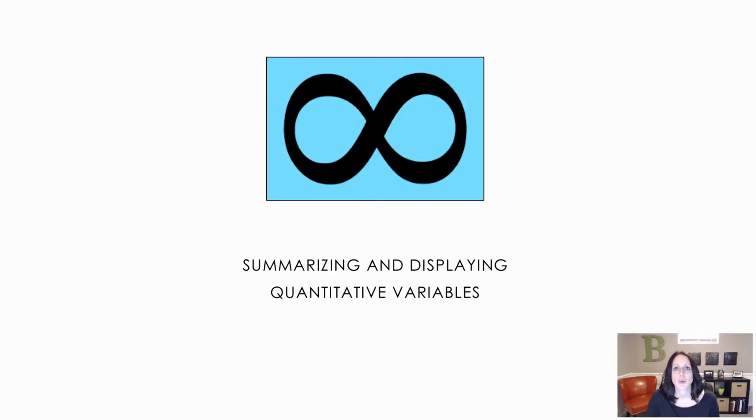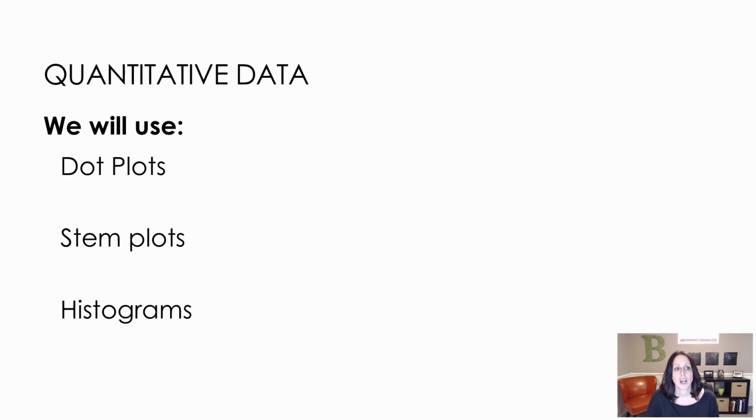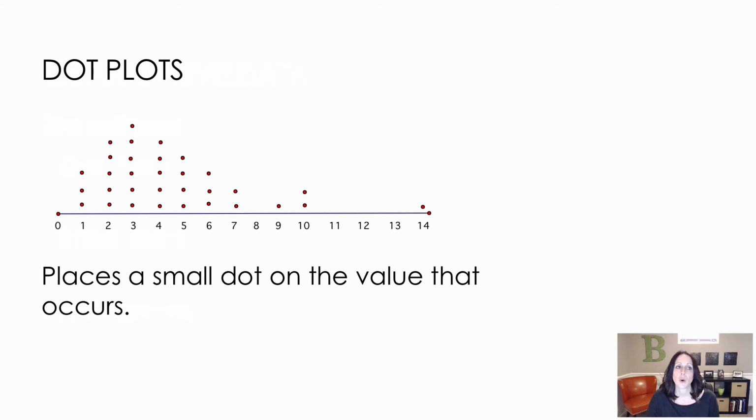In this lesson, we will talk about how to summarize and display quantitative variables. There are three main ways that we will do this: the dot plot, stem plot, and a histogram. So a dot plot is a very easy visual way for us to basically place a dot above a value each time it occurs. And what results looks kind of like a bar graph because we can compare the height